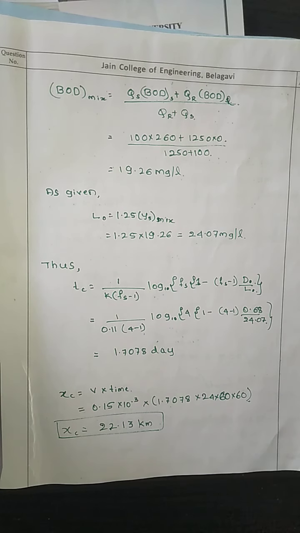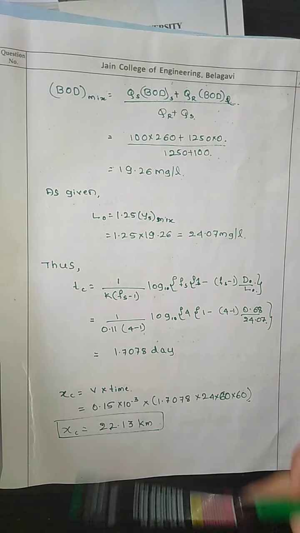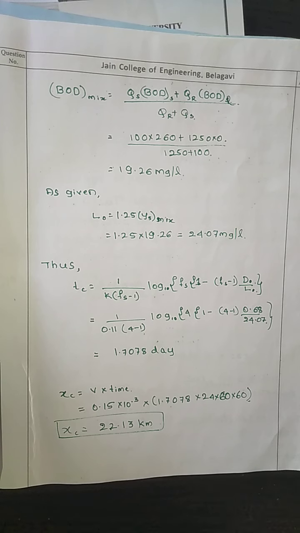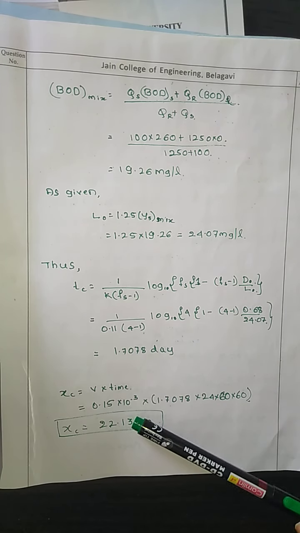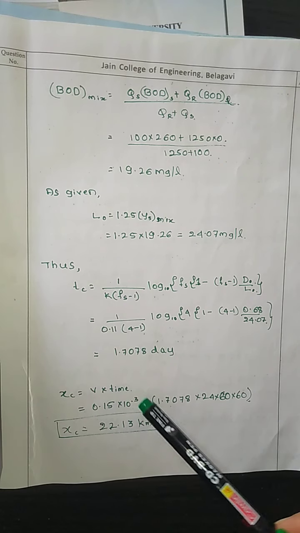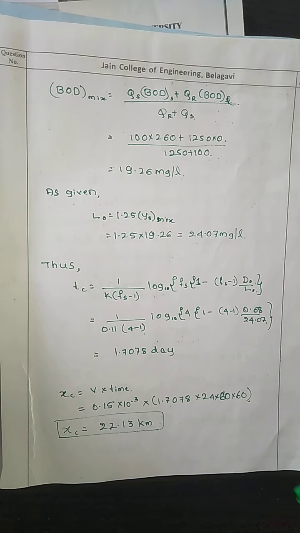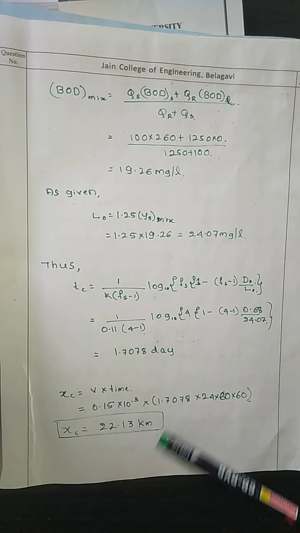Then again, where the critical oxygen deficit will occur, that they have asked. So again we are going to use the formula Xc is equal to V into time, that is velocity into time at where it has exactly reached. So it is 0.15 into 10 raised to the power minus 3, because the velocity of the water is 0.15 meter per second, into time is